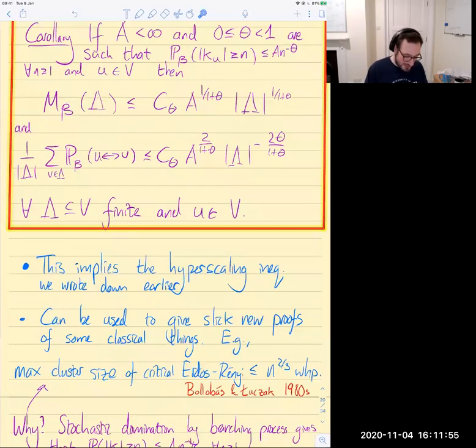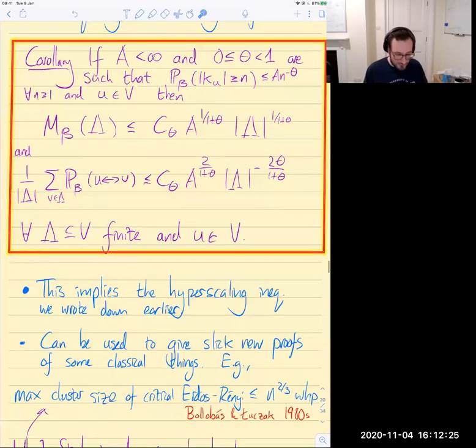the one basic fact about the Erdős–Rényi graph, so that's just percolation on a complete graph, is that at criticality, the largest cluster is of size n to the 2/3, if you have a complete graph of size n. That's the theorem of Bollobás and Łuczak from the 80s. And it's not especially easy. There are various simpler proofs now, but at least for the upper bound, it just follows very easily from this theorem, because